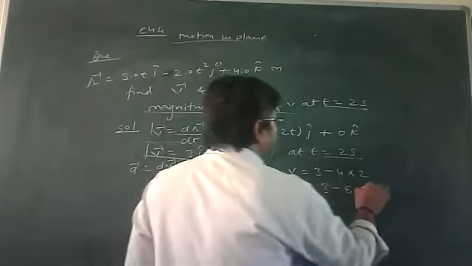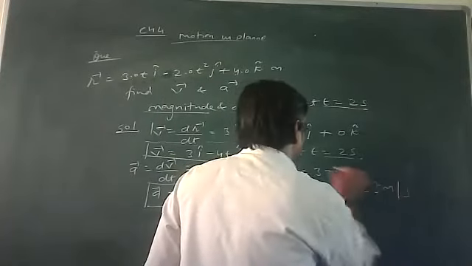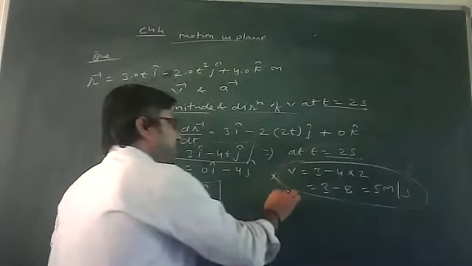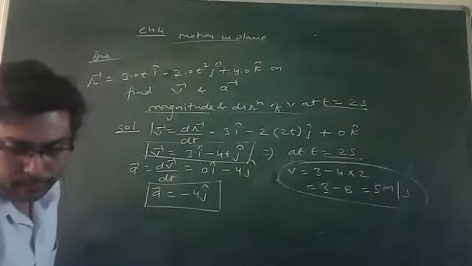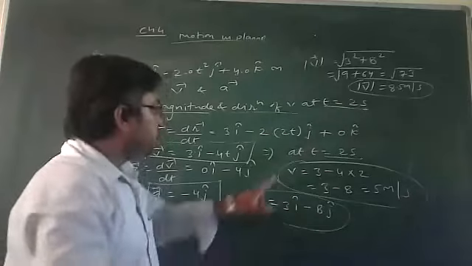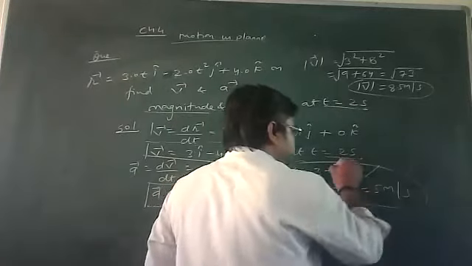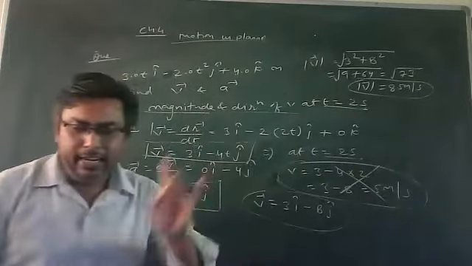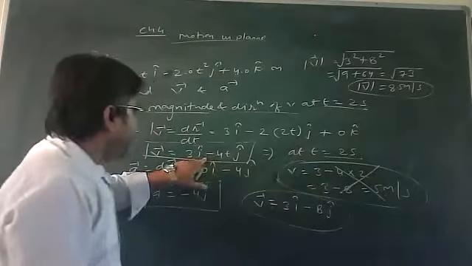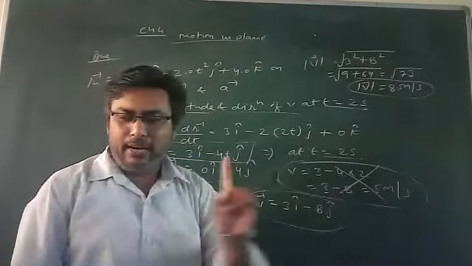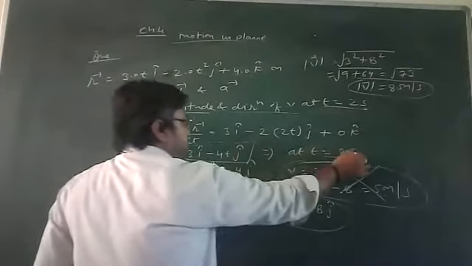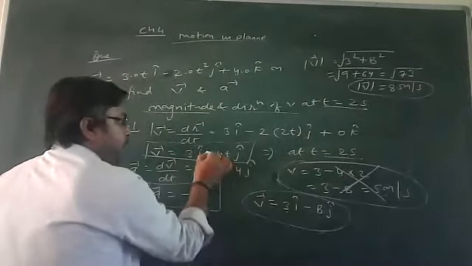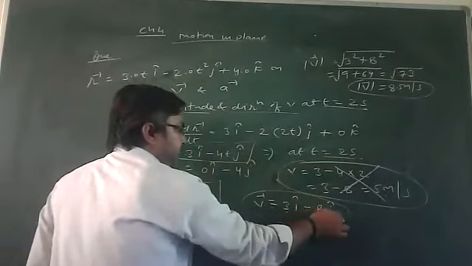Many students must have solved it like this. Who solved it this way? How many of you solved it in this manner? If you are doing it this way, it is wrong. You should not do this; it is wrong. This is a vector, so do not go directly to algebraic form and do not make it a scalar. Let the vector stay in vector form. At t equals 2 seconds, I get 3 i cap minus 4 into 2, that is 8 j cap.